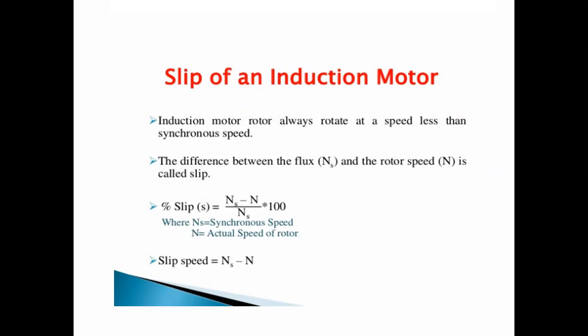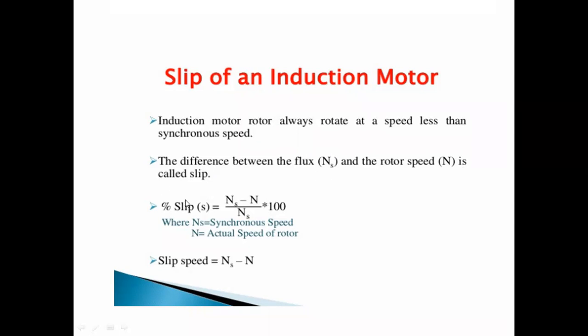So as we know, an induction motor always rotates at a speed lower than the synchronous speed. If I have a synchronous motor, then the synchronous speed is always equal to the actual speed. But an induction motor always rotates at a speed lesser than the synchronous speed. The difference between the synchronous speed and the actual speed,